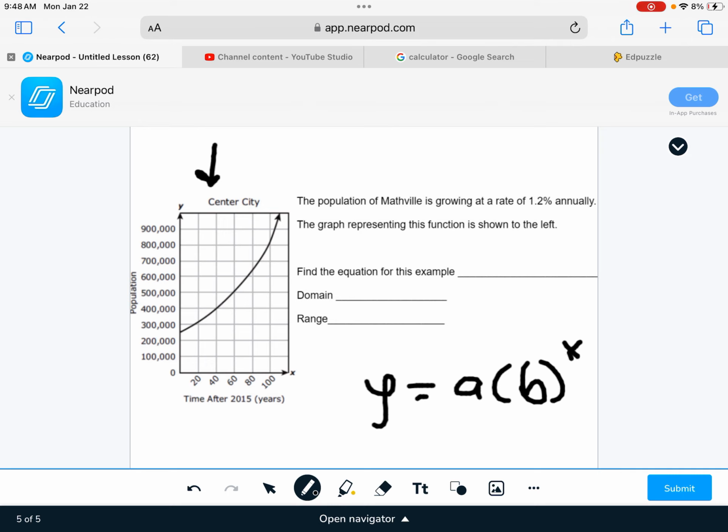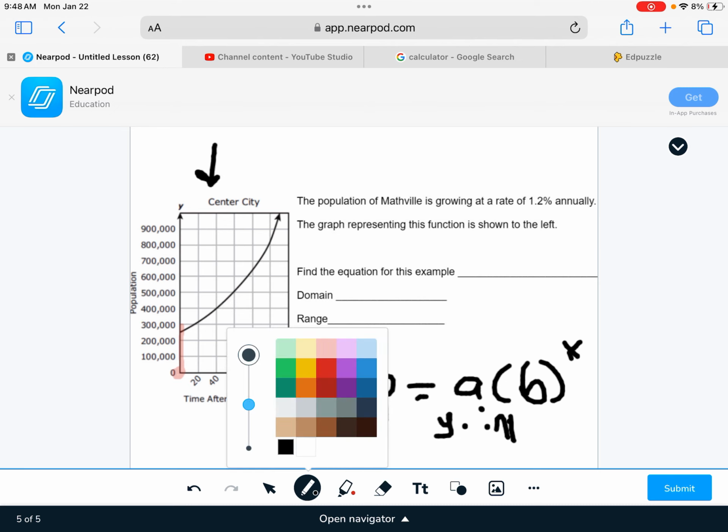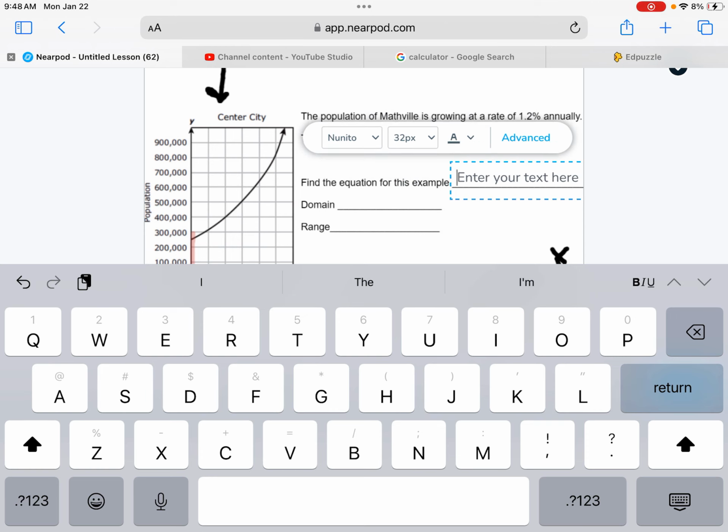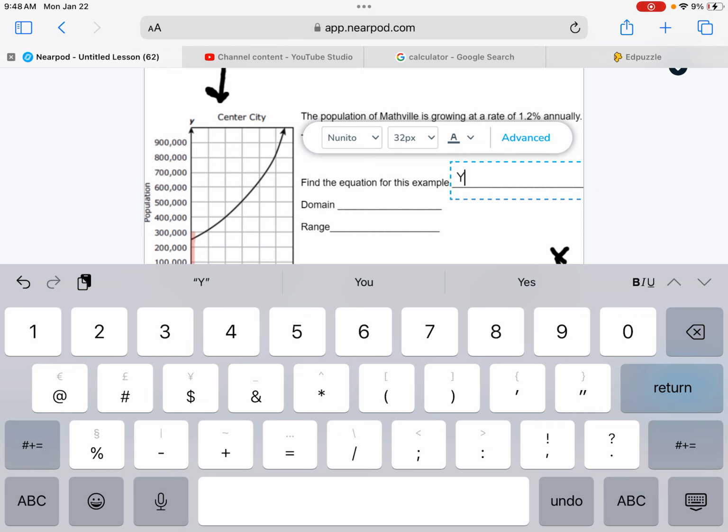A is my y-intercept. I'm looking at my y-axis where x is 0 and saying, okay, if x is 0, what is my y? And I see that sitting at, again, I'm going to guesstimate. If you're working on the STAAR, you can guesstimate a little bit too on it, okay? It's about 2.5. It's about 250,000 there. So when I go to write this, I go, okay, y equals 250,000